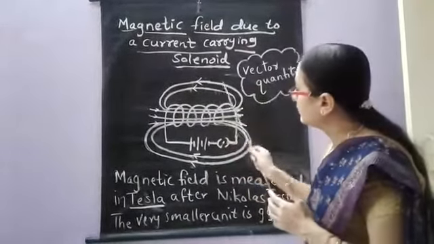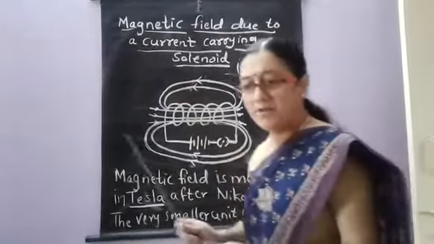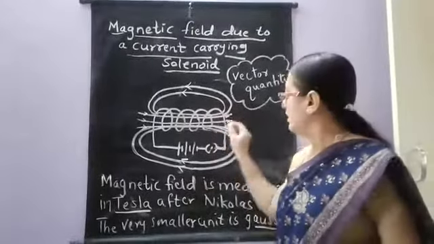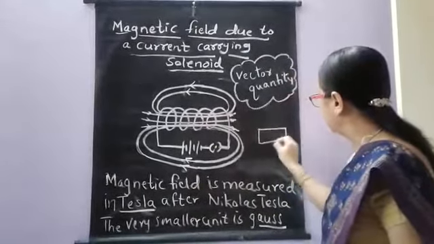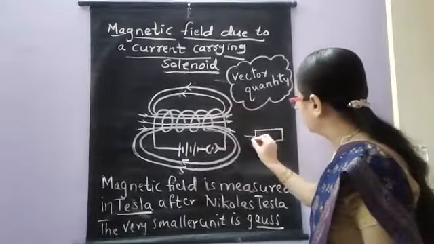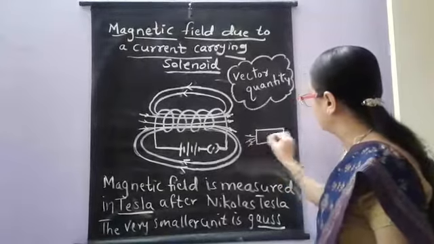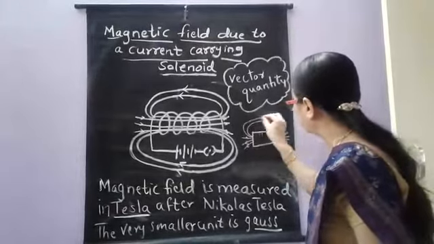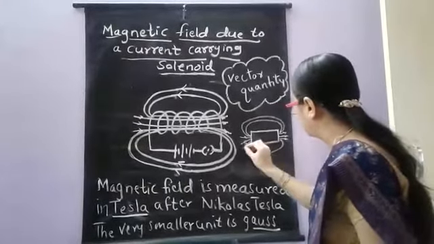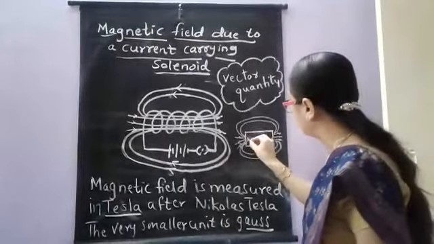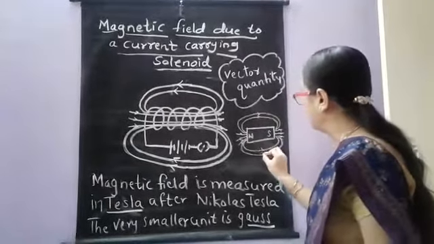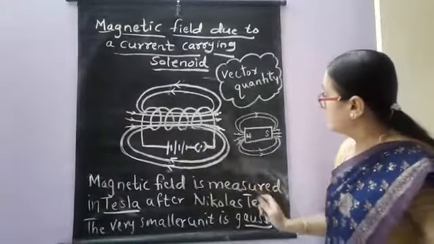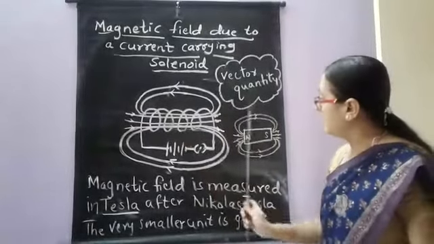So the pattern of the magnetic field is just like how it is formed in a bar magnet. Now if we take a bar magnet, how is the magnetic field formed? Some of the magnetic field lines are straight from the poles and some are concentric circles, starting from the north pole and ending at the south pole. The magnetic field formed in the solenoid resembles the magnetic field formed by a bar magnet.